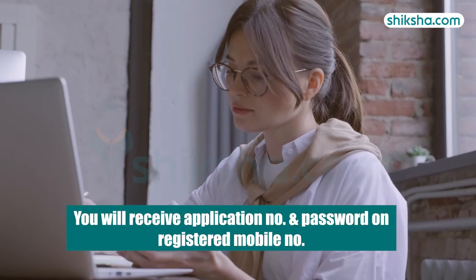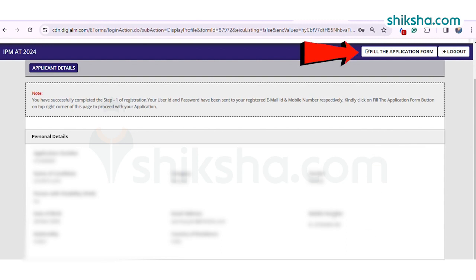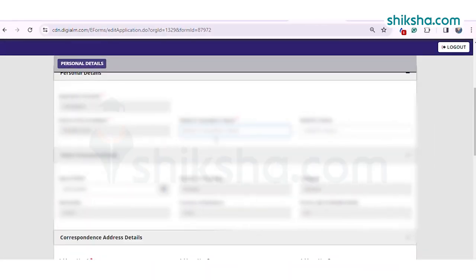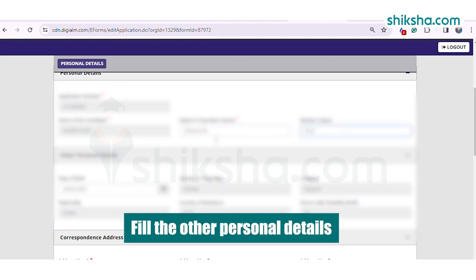You will receive the IPMAT application number and password on your registered mobile number. Now, click on the Fill the IPMAT application form button on the top right corner of the page to proceed on to filling the complete IPMAT application form. You will be redirected to a new web page where you will be required to fill the IPMAT application form